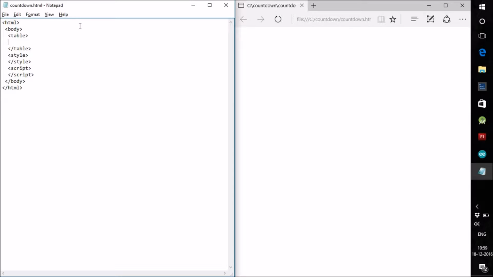Inside this table we are going to have two rows, so I say TR, which means table row, and close the table row tag. Inside this table row tag we are going to have 4 columns, so I say TH, which stands for table heading. The first heading is going to be days, the second is going to be hours,